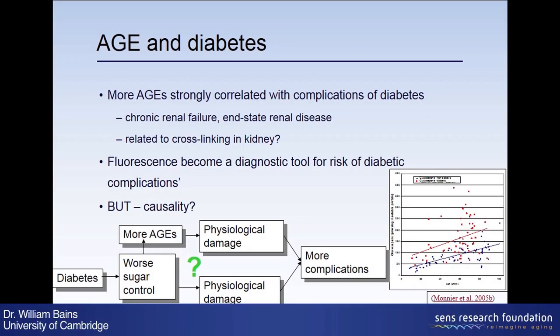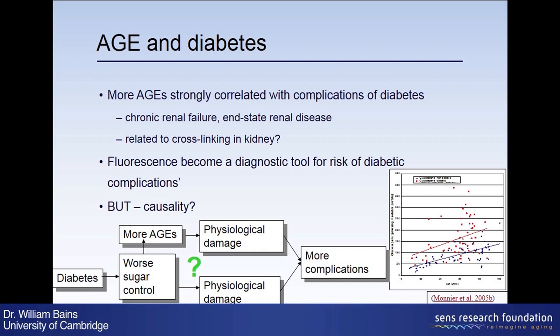The problem with this is you don't know whether that's because the advanced glycation end products in those individuals are causing them to age, or whether it's simply a side effect. So, for example, if they have high sugar levels, a diabetes-like disease, they'll have more AGEs, and they'll have high sugar. Well, which is causing them to die earlier? We don't know. I'm going to focus on crosslinks in the rest of this because I think this is of most interest to me, and I think it's something we can look to do something about.